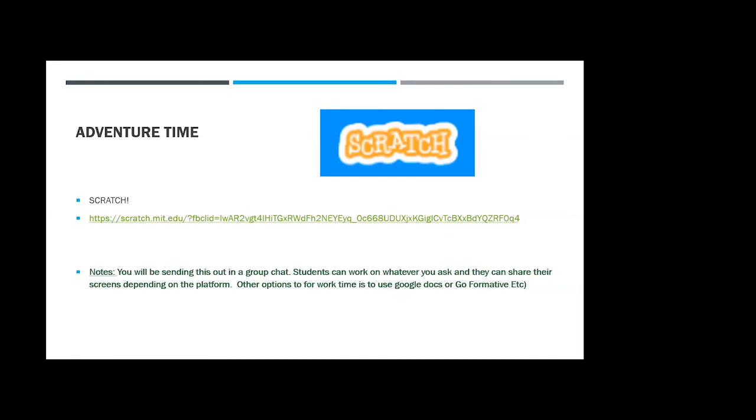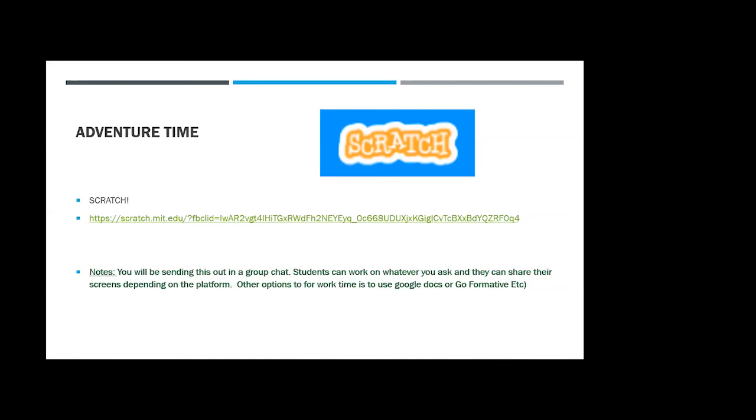You're going to be sending this out, right? We're going to do Scratch. That's coding. The kids love it because they can make the cat or the penguin or whatever a functional character that can move around. It's very grade appropriate and very easy to use. You do not need to be a coder to know how. You're going to be sending this link, right? I'm saying, okay, we're transitioning again. It's adventure time. You're going to be giving that in the room chat so everybody has that hyperlink access.